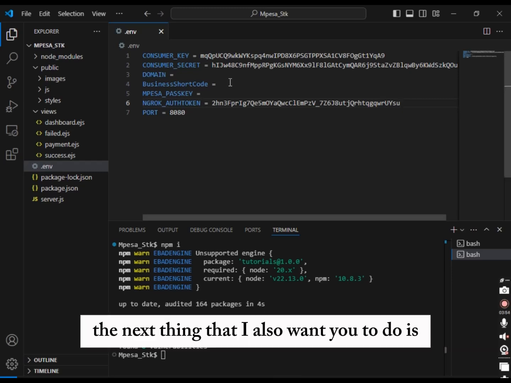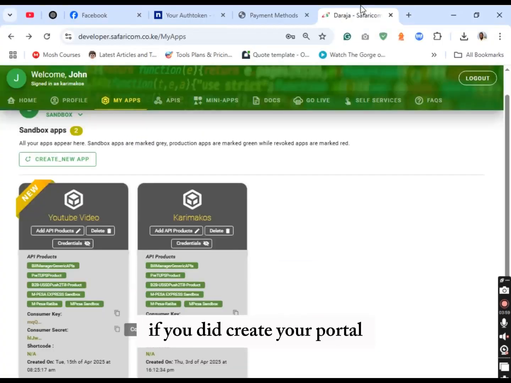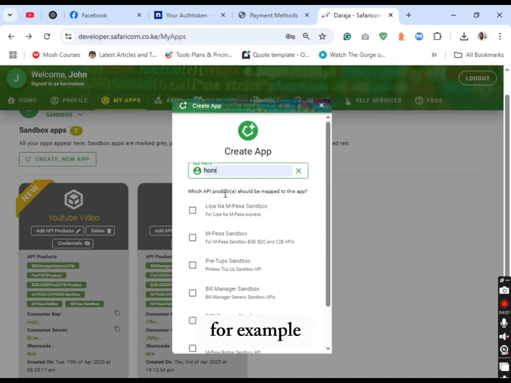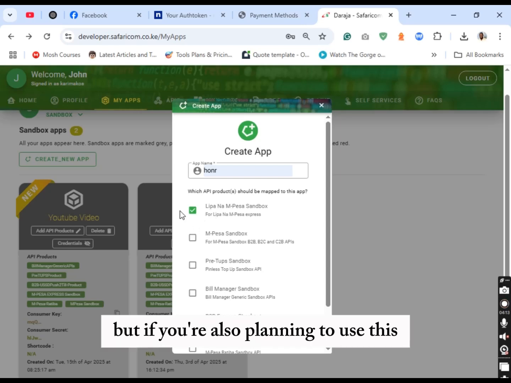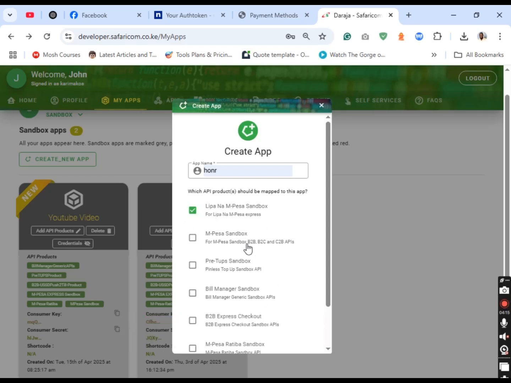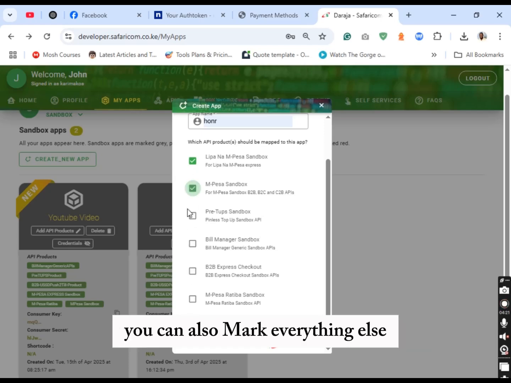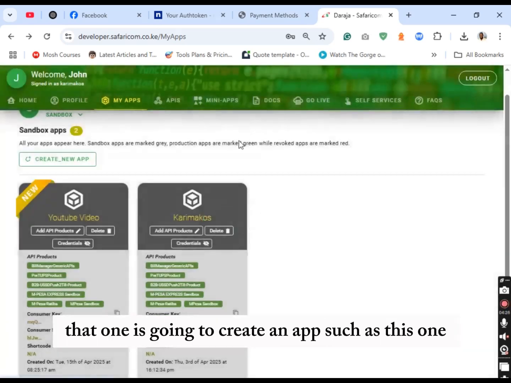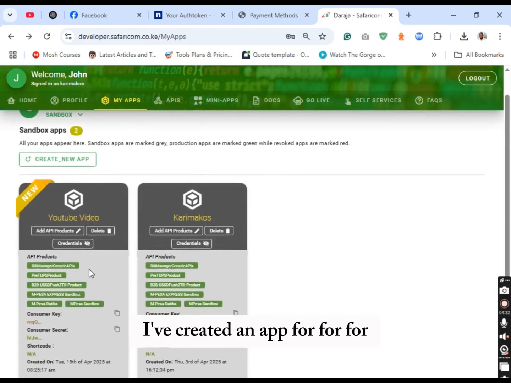The next thing that I also want you to do is set your consumer key. If you did create your portal, all you need to do is come here and then create a new app, and then enter the name of the app. For example, you can have such a name, and then mark Lipa na M-Pesa Sandbox. Ensure this one is marked. But if you're also planning to use this app with anything else apart from this one, you can also mark everything else. So you can just decide to mark everything and then click on create app. That one is going to create an app such as this one. I've created an app for